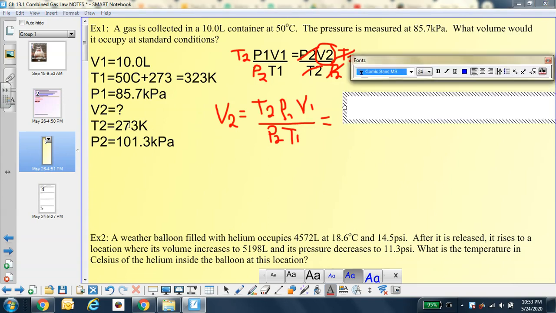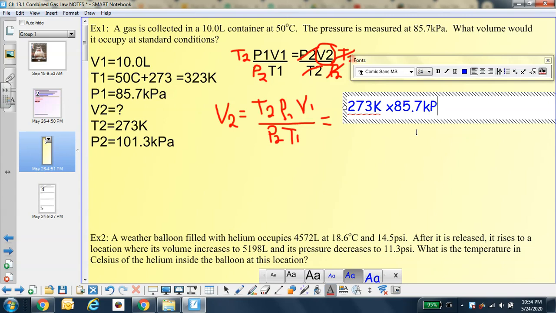Okay, so T2 is 273 Kelvin, times pressure 1, 85.7 kilopascals, times volume 1, 10.0 liters, divided by,